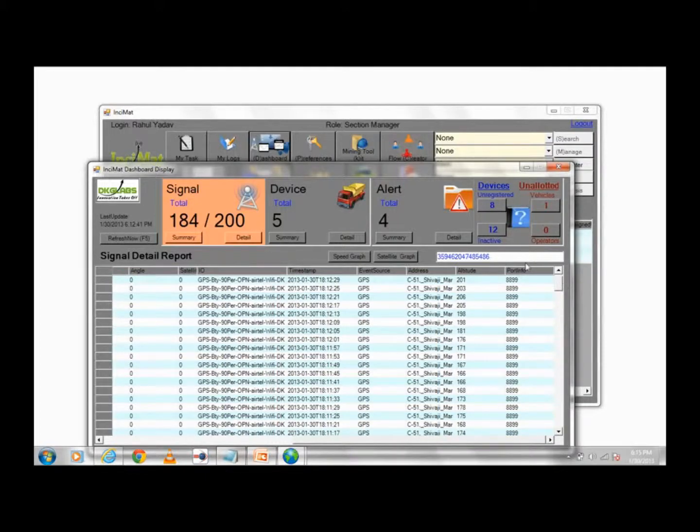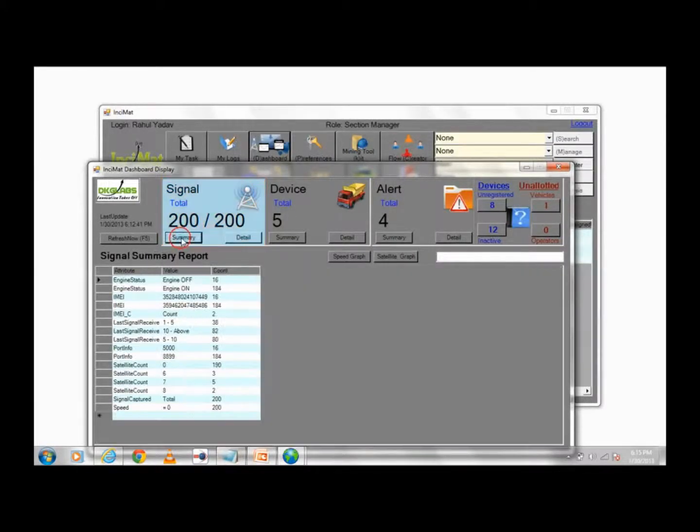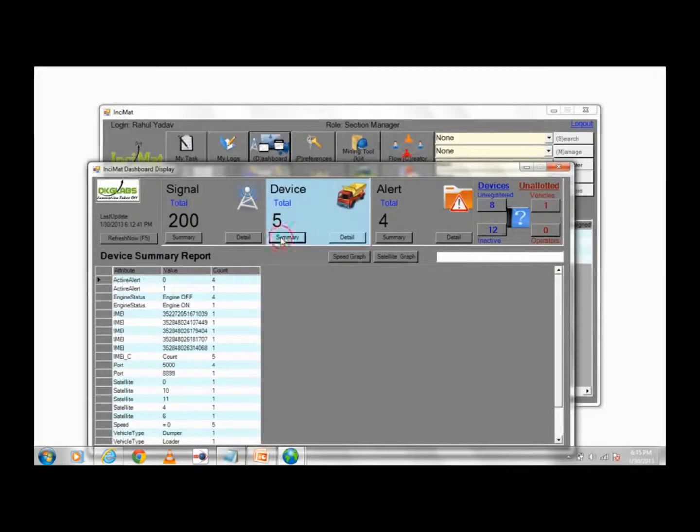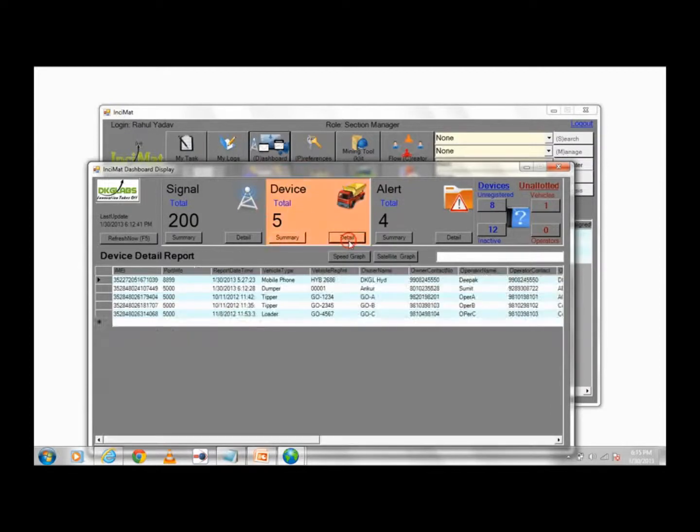So I can search all this information live, up and running in this dashboard, and I can view a detailed summary view. Similarly, for the devices that are active and running, it typically gives me the flavor of a control command center where I can see the set of devices running here. All my devices, whether it's my mobile phone, dumper, tipper, or loader, you can see in the similar window.